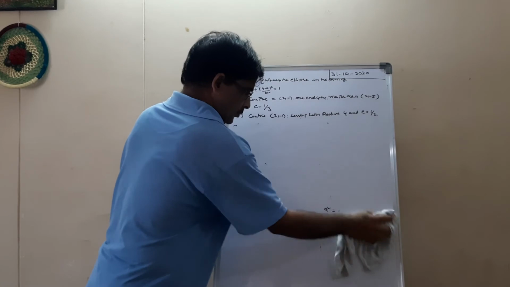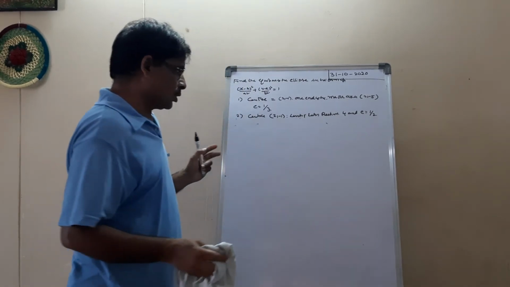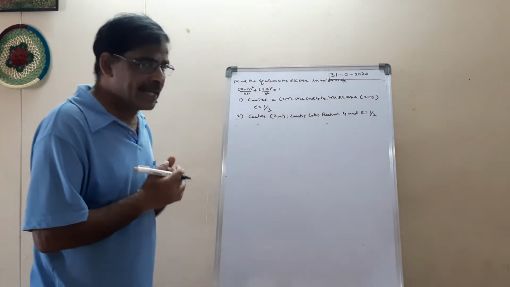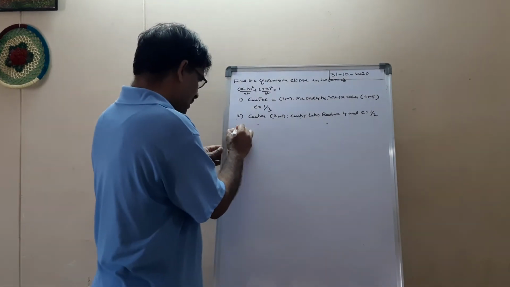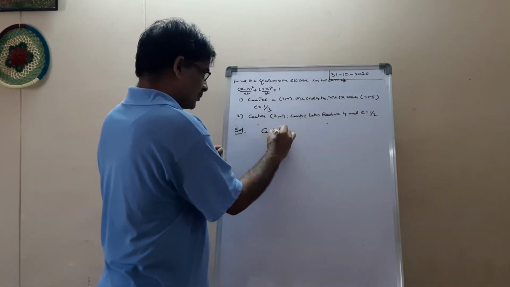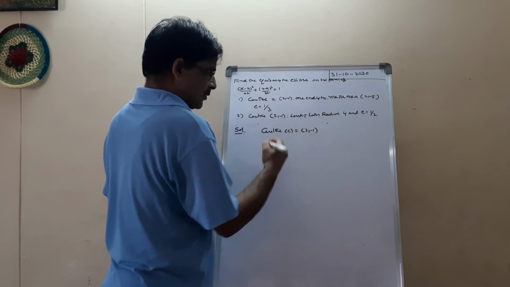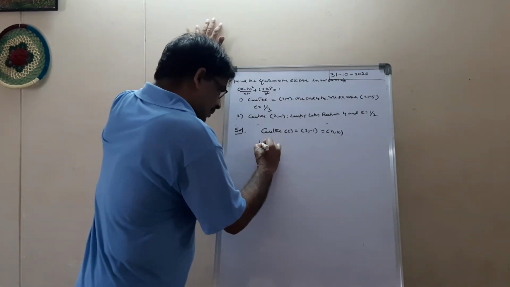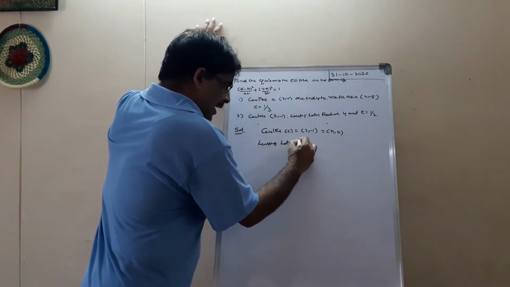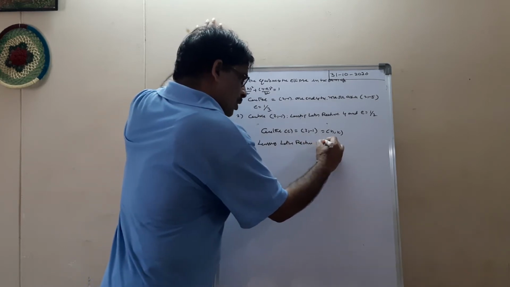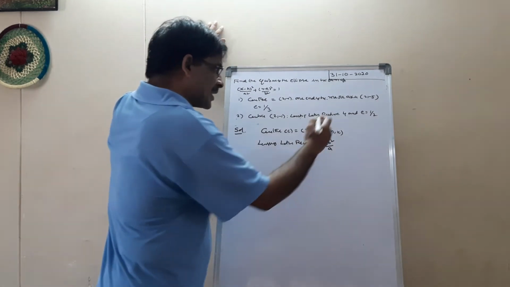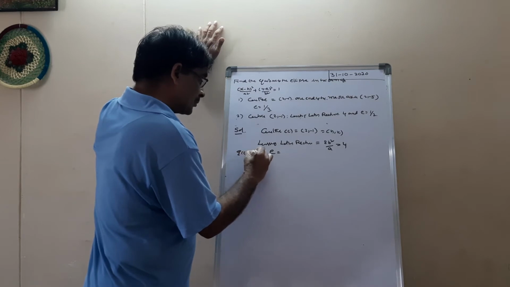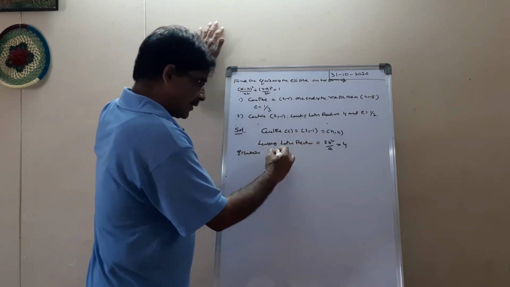Now, center equal to (2, minus 1), and length of the latus rectum equal to 4, and eccentricity equal to 1 by 2 is given. Again, center equal to (2, minus 1) means we have h, k values. Length of latus rectum equal to 2b square by a formula. It is given equal to 4. And e, eccentricity, equal to 1 by 2 is given.